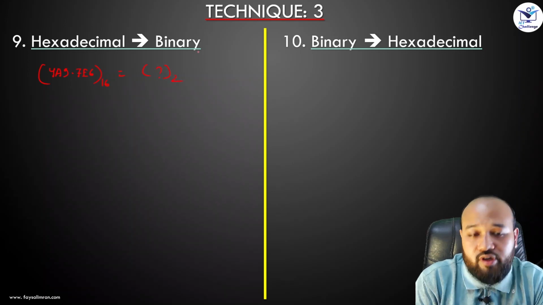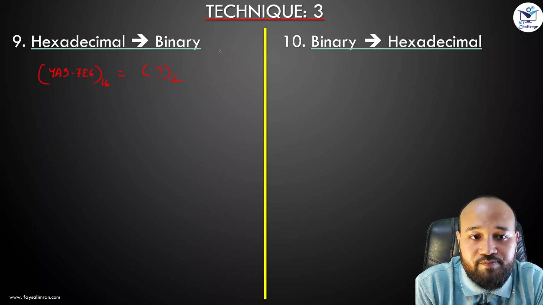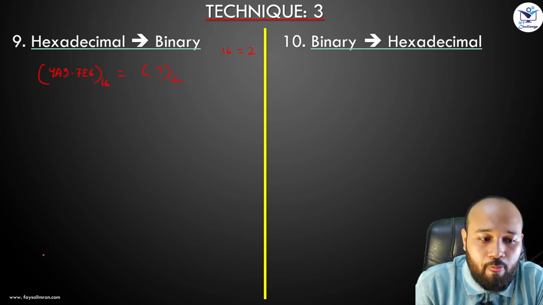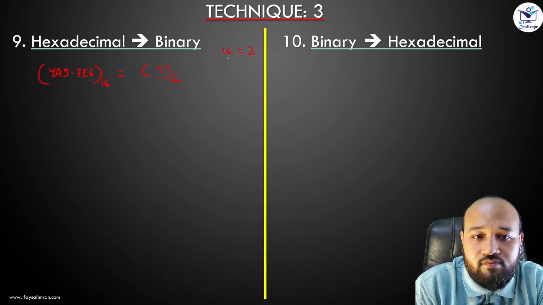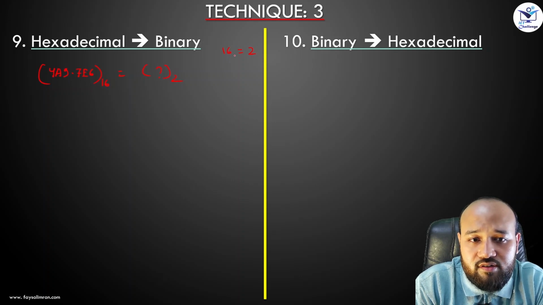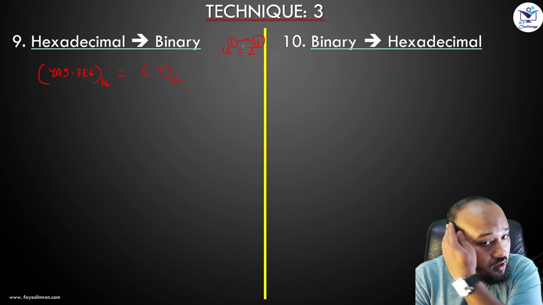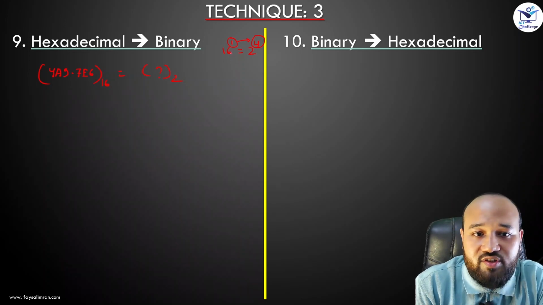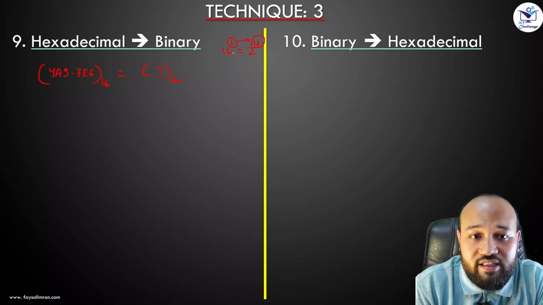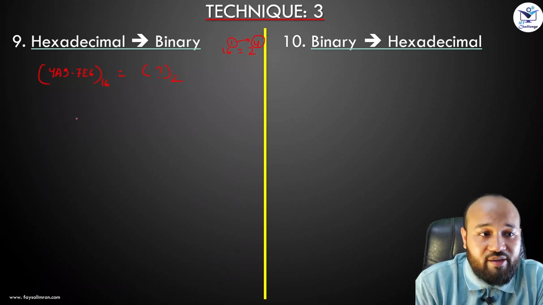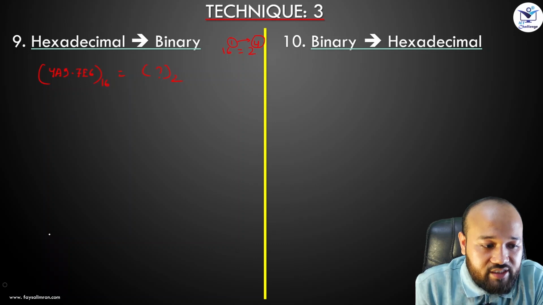So here we also don't know the rules, so how can we create these rules? At first we have to write the base. The base of hexadecimal is 16, and the base of binary is 2. Now how can you convert this? Here this is not an equal number, so we have to equalize by using this power. Now in the hexadecimal number system we have to convert each digit into a 4 digit binary number. Like at first we write this digit again,